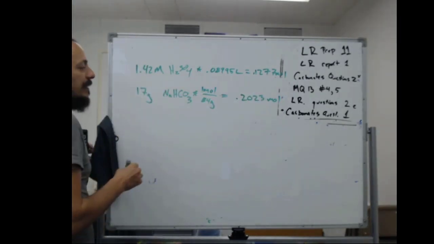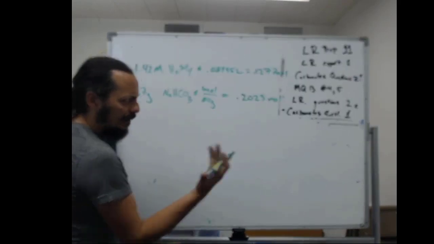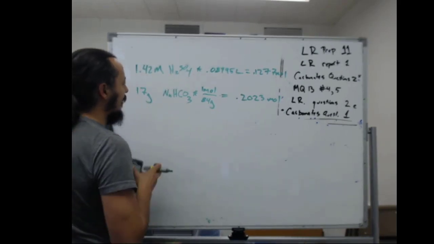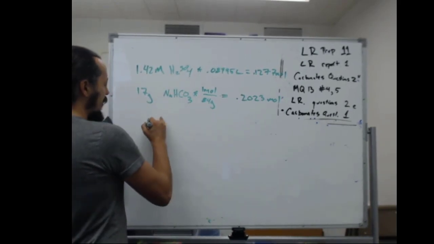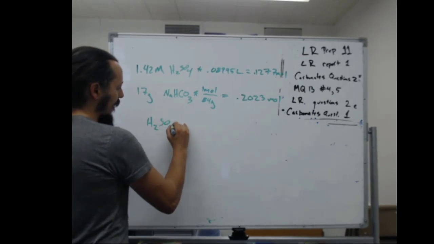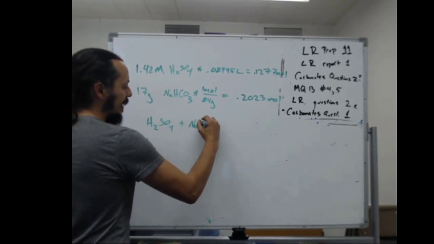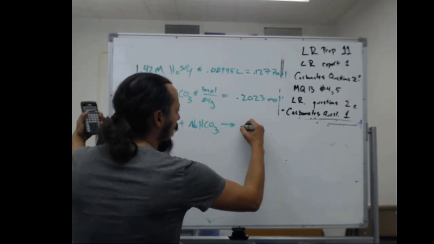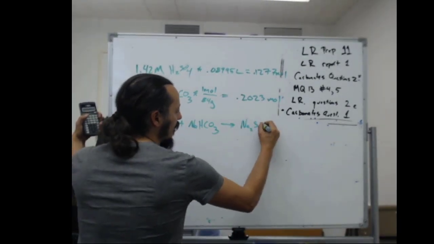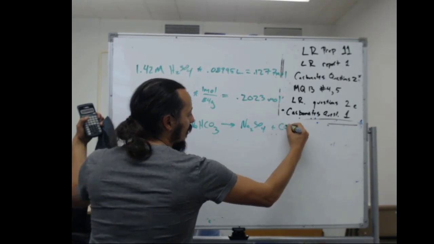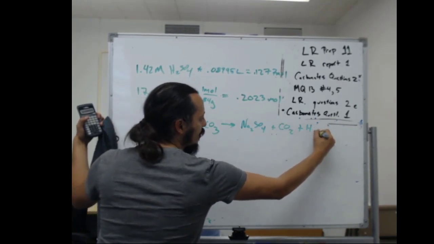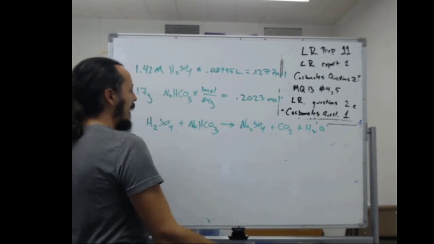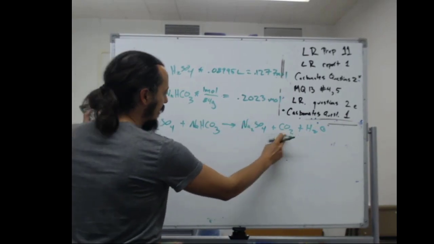So let's look at the balanced chemical reaction for why the bigger number ends up being the limiting reactant in this case. The H2SO4 will react with sodium bicarbonate to go to Na2SO4 plus CO2 plus H2O. In order to balance this out, I'm going to need